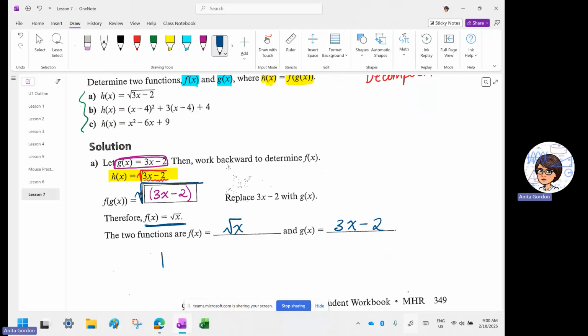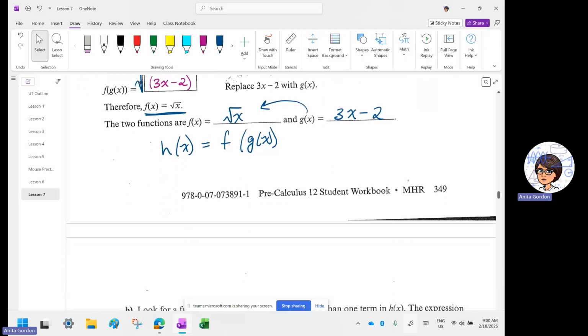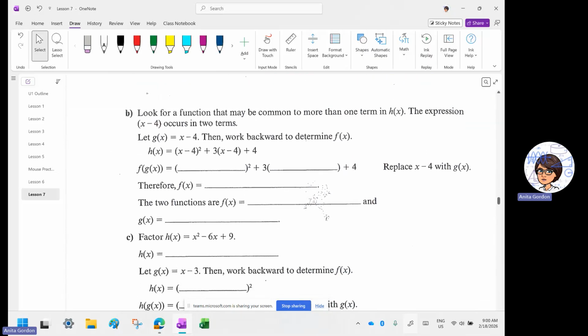And what we saw in this h of x was f of g of x, where we put g inside of the square root. So this will require some visual manipulation and maybe some creative problem solving. So looking at the next one,